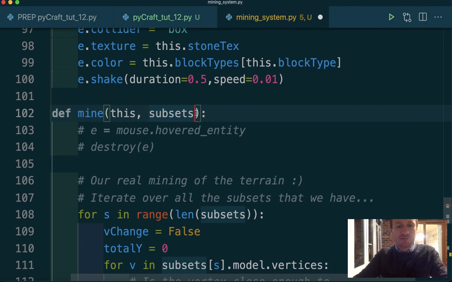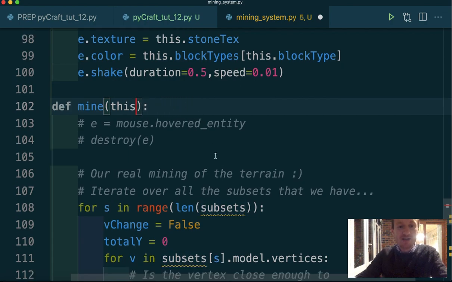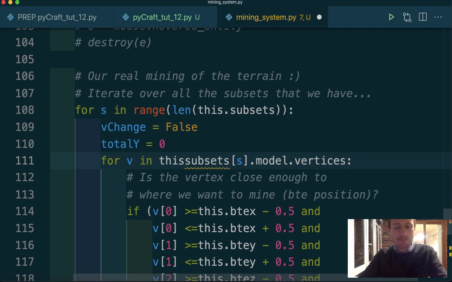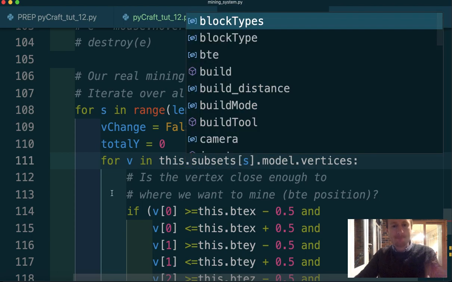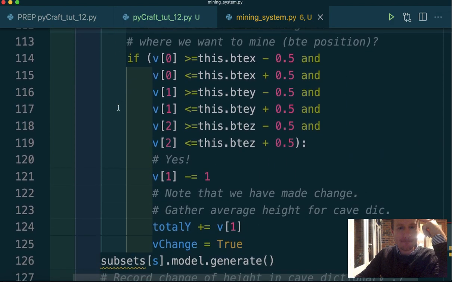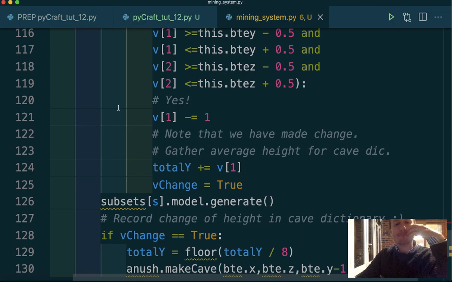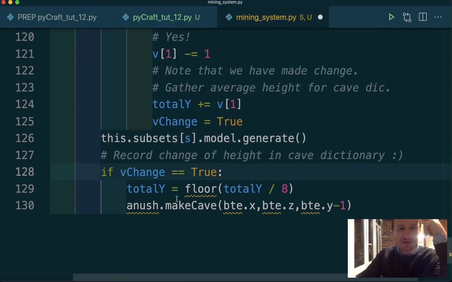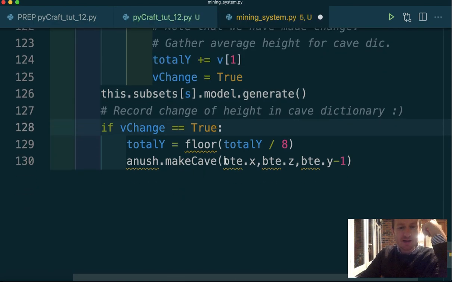So we don't need to pass that in there because we can just grab this dot subsets. And we need this dot subsets